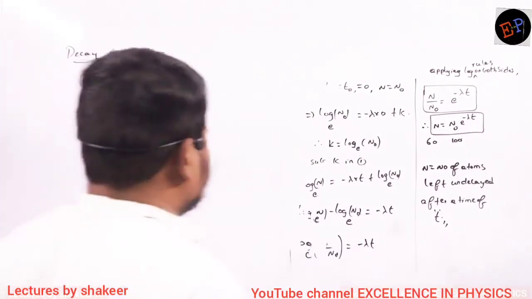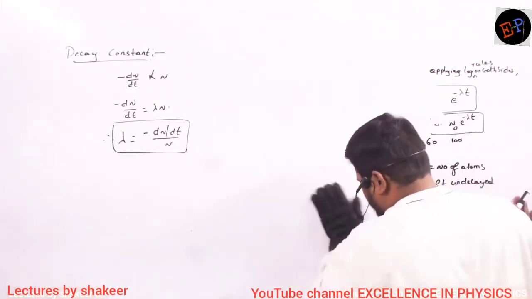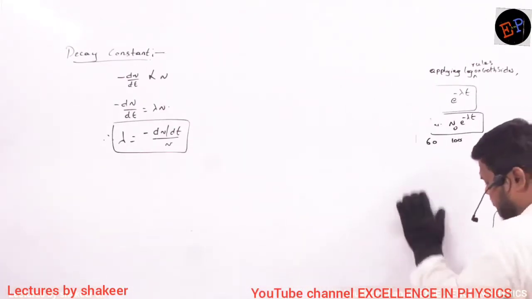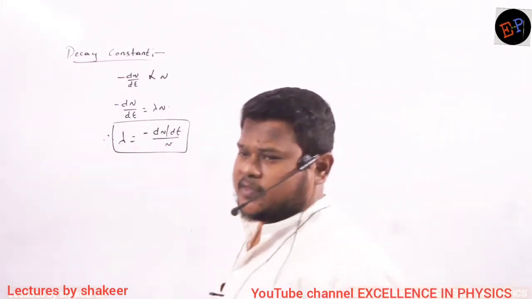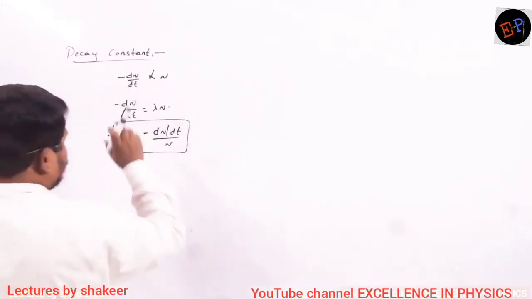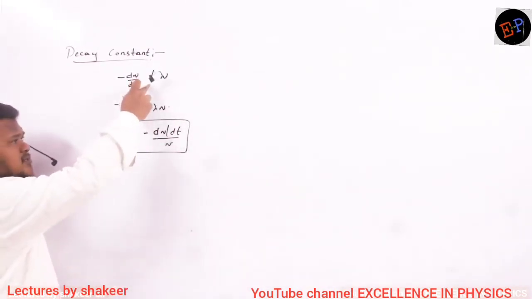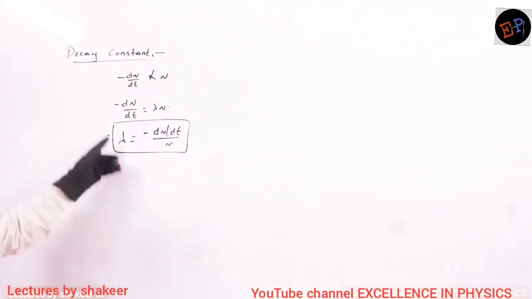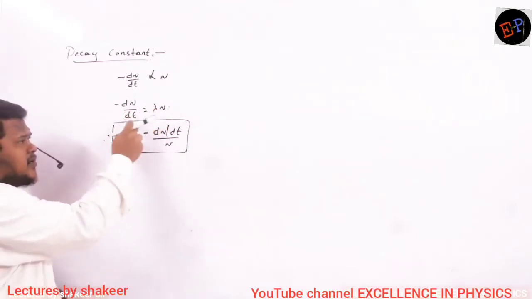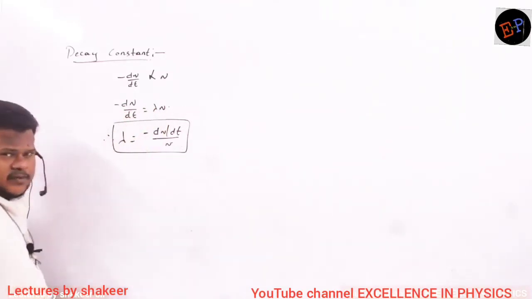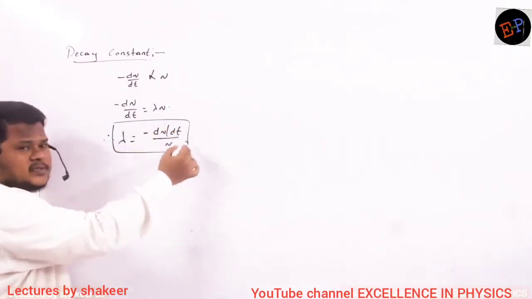Okay, now see. So we will study next about the decay constant. Already we have studied that radioactive disintegration is directly proportional to the number of atoms. Radioactive disintegration is directly proportional to the number of initial atoms which are left undecayed. So to remove this proportionality symbol, I have to write a constant, and that constant itself is called the decay constant. So therefore, lambda can be written as minus dn by dt divided by n. This n comes to this side. This is the equation.